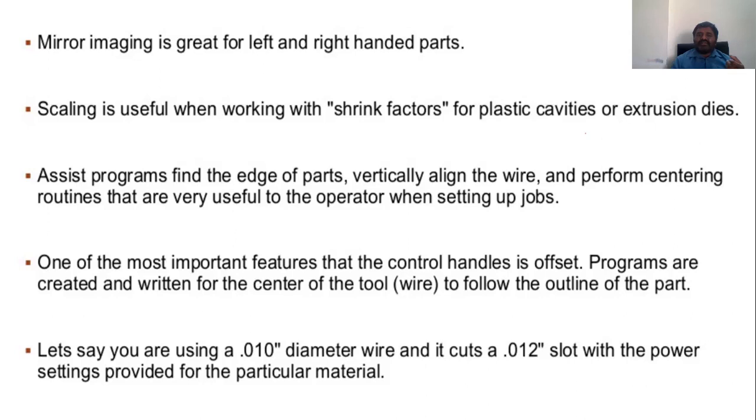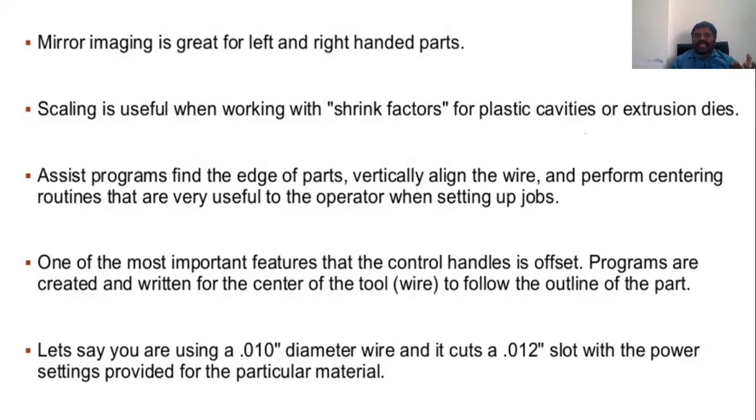In the same manner, the operator sets the job using CNC control machining, and we also have features like control handle offset. The very important part is the tool we are using: instead of an electrode, we are using a wire here, which may be copper, brass, or tungsten. Okay, as I said just now,